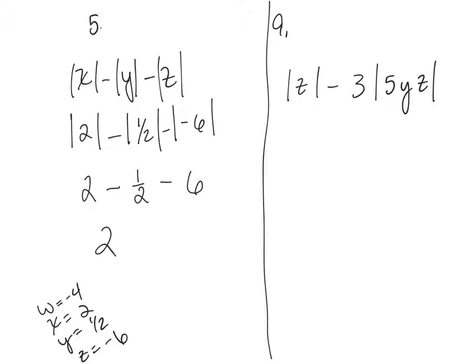And when you have 2 minus 1/2 minus 6, that's -4.5. Or it can be -9 or -4.5. So in order to check it, you're going to hit your calculator, you're going to hit the